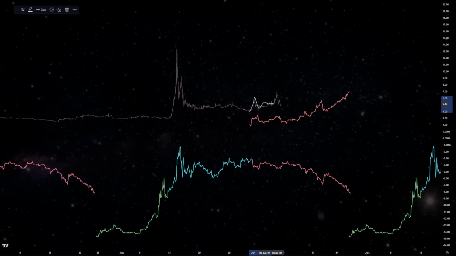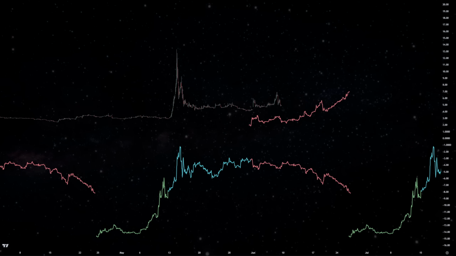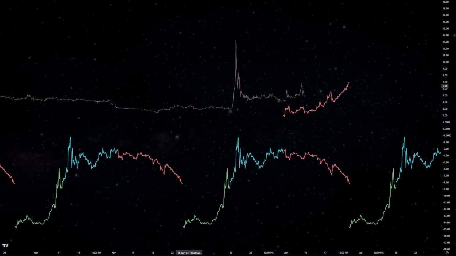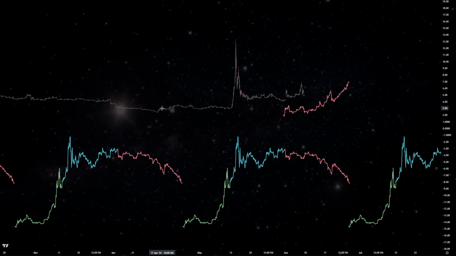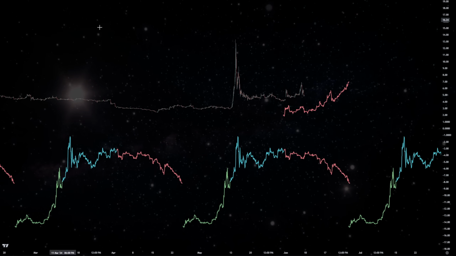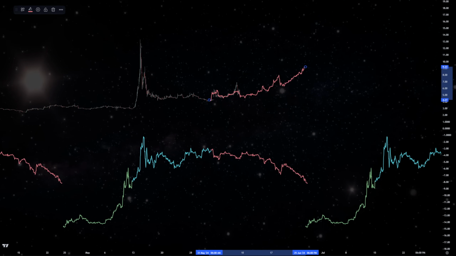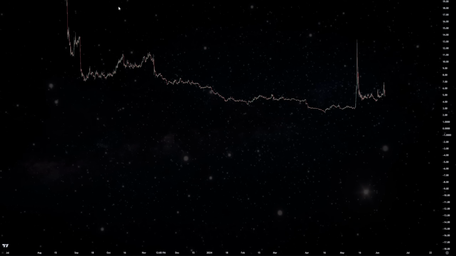A projector pattern is what happens before every major run-up. We've seen this happen every single time before AMC runs in some form of way. Okay, on this one, the projector was a lot more leveled, right? Kind of comes down a little bit, creates the flag, it's bigger, and then it starts running. But here is the thing. If you take the cycle, all right, this is the new cycle. We're going to go back to the old cycle for a little bit here.